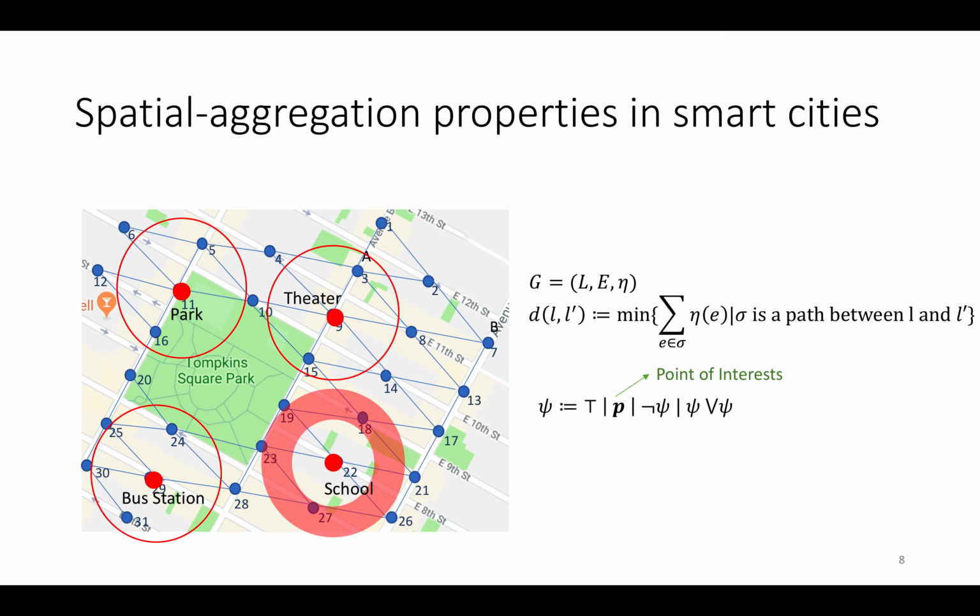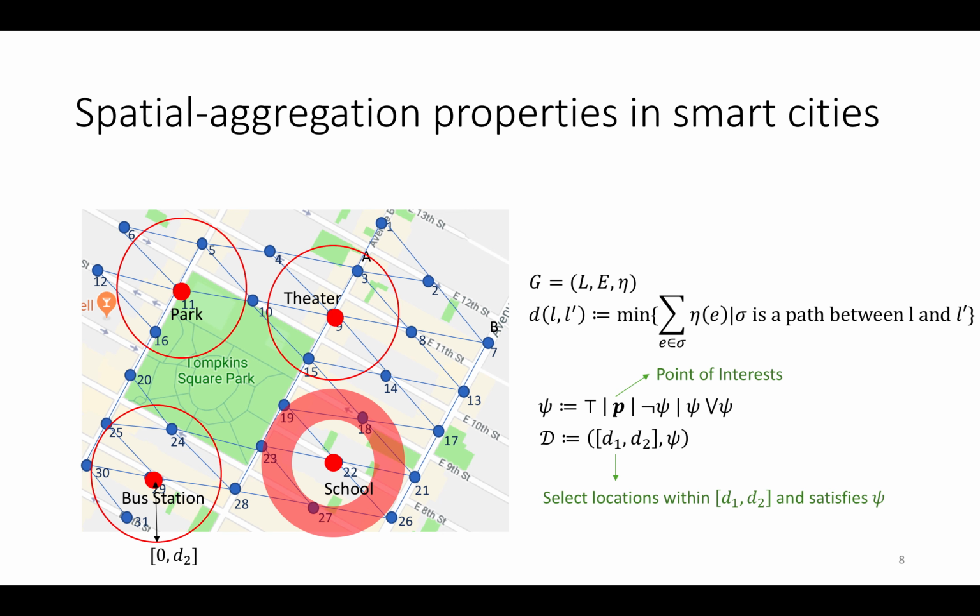Then we use this psi to select the nodes with a certain property, for example, a school or a park. And then we define the spatial domain D that selects all the locations within D1 to D2 and also satisfy psi. For example, we can say here from 0 to